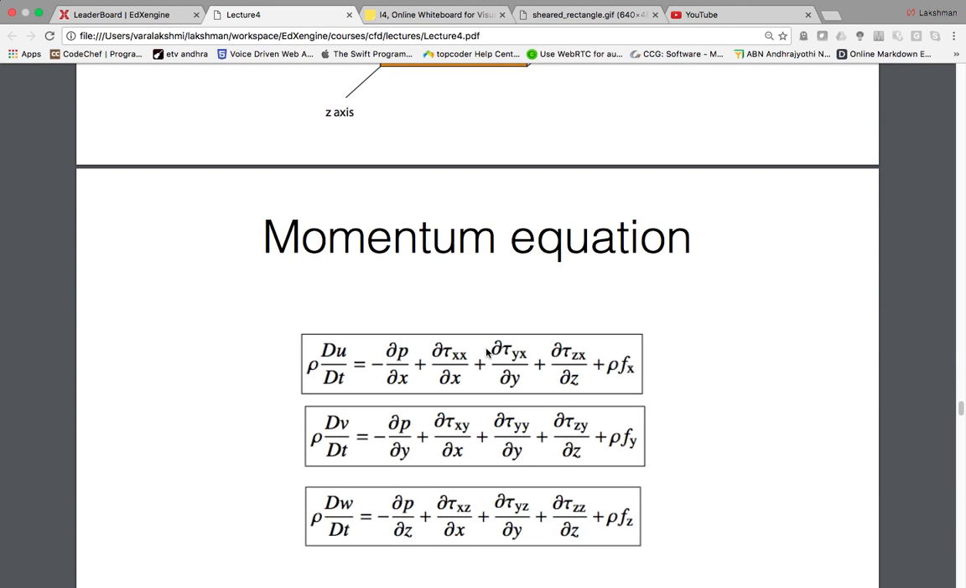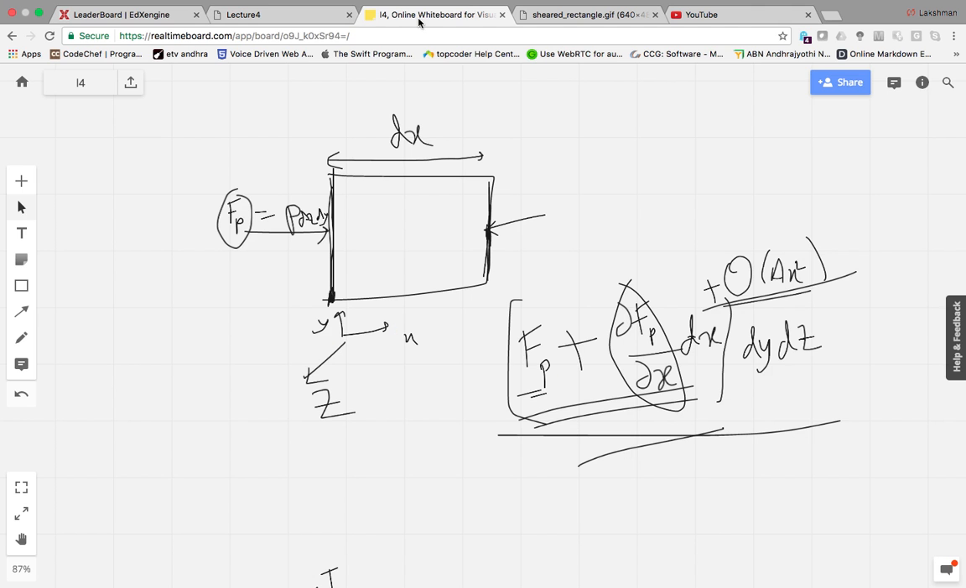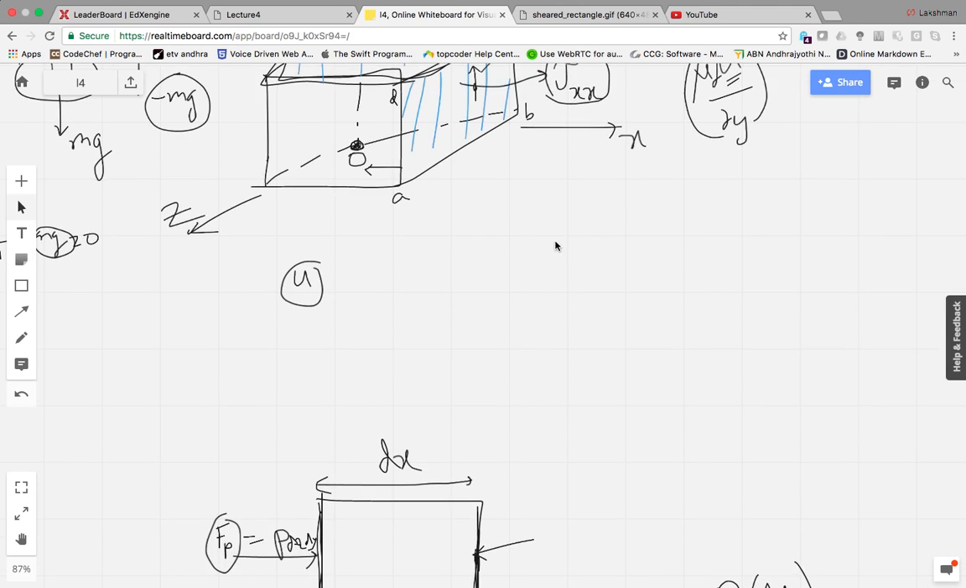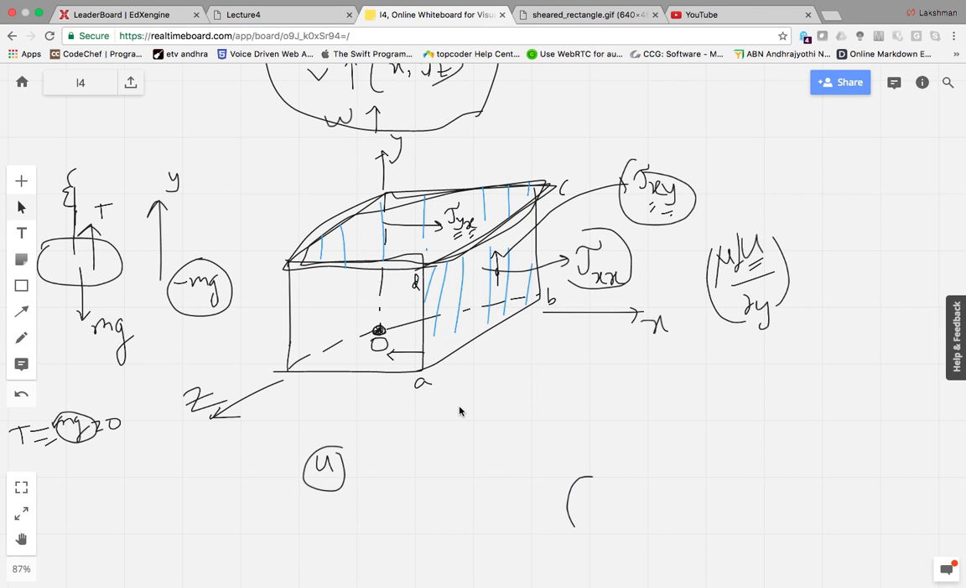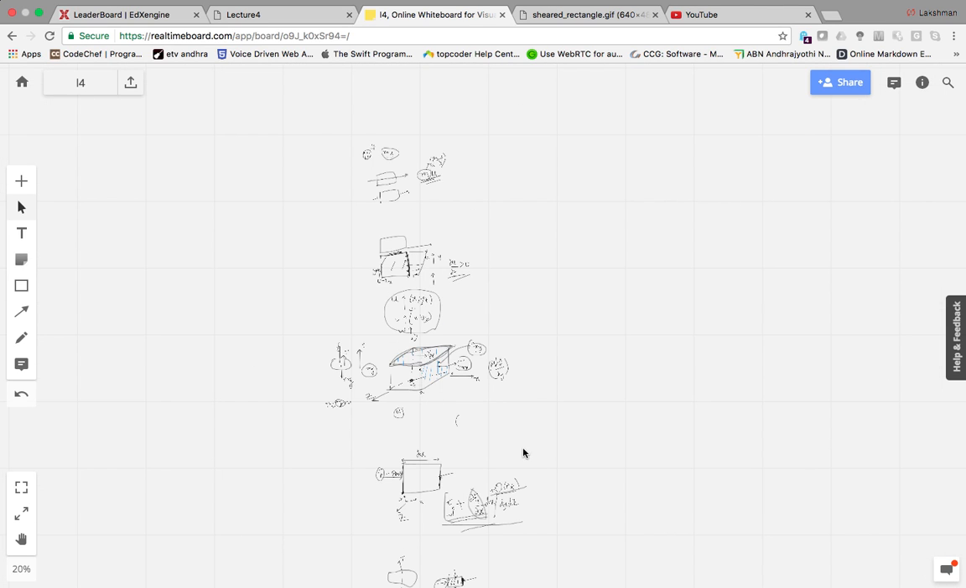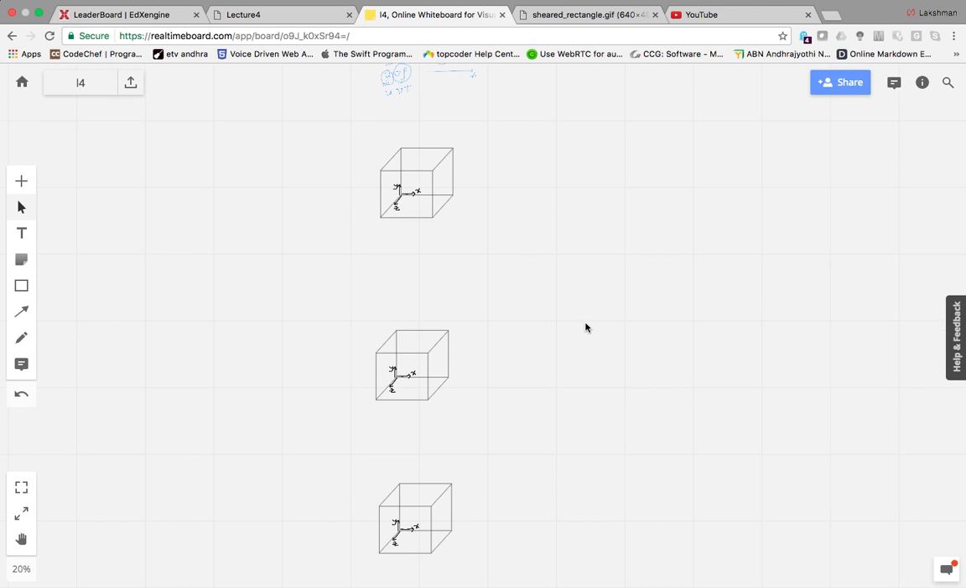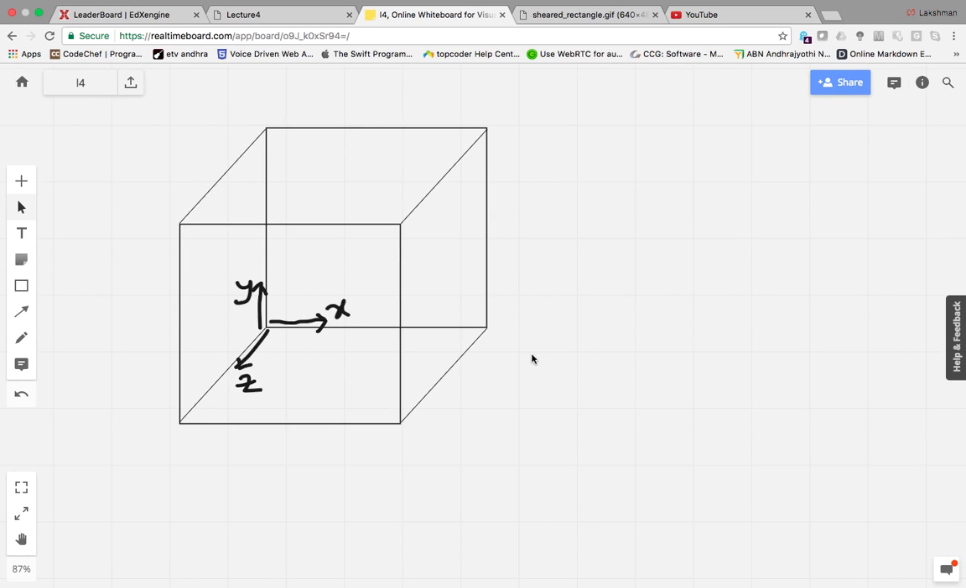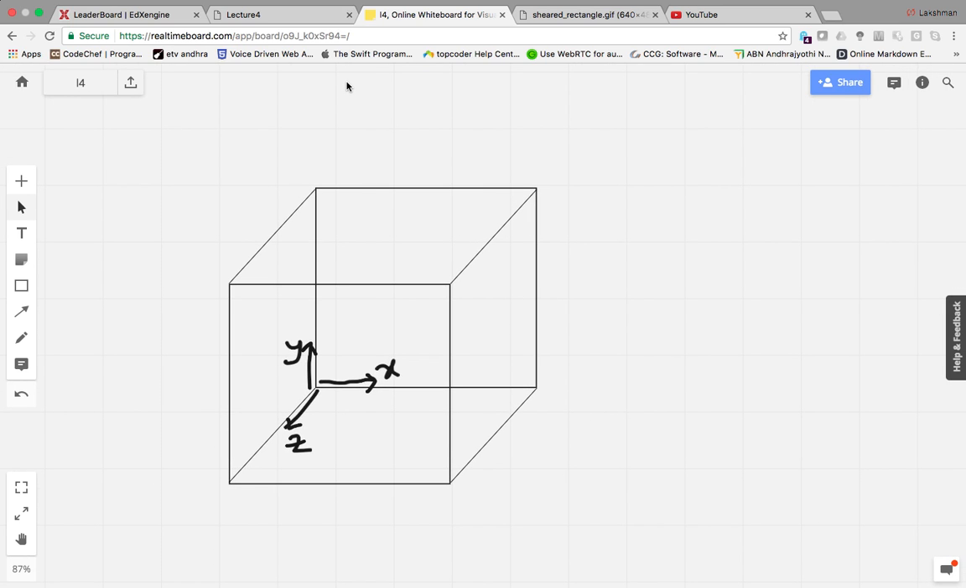So now it looks like the equation is written directly. Okay, let's derive this one. That was written directly, so let's derive it. One second. Okay, now for this particular